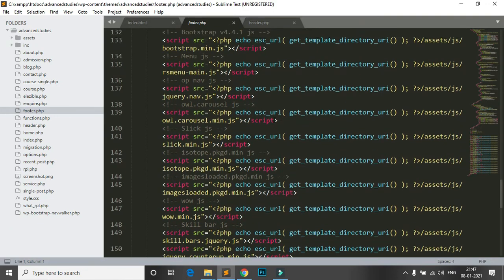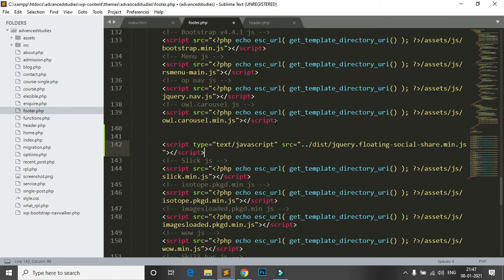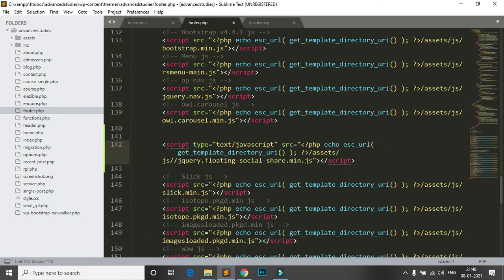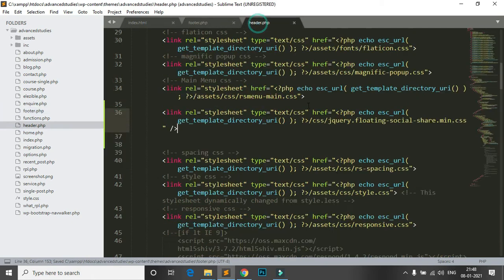I add this one here, copy this code and paste it here, just link. Okay, I think I didn't put assets in the header. Yes, I didn't put it, so I put assets in the header.